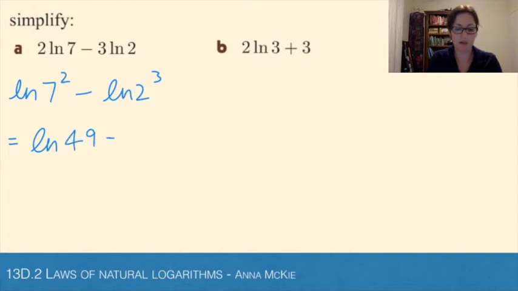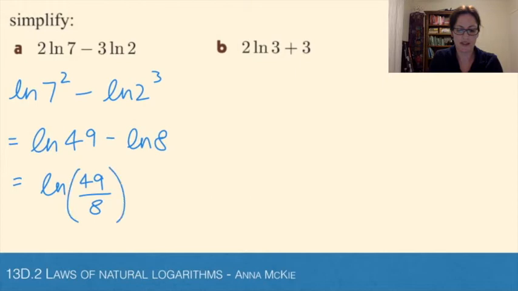Instead of 7 squared, we'll go 49, and 2 to the power of 3 is 8, and then we'll write that as one log, 49 divided by 8. And again, as I mentioned in the last video, leave that as a fraction. Don't simplify it to a decimal, because if it's not a terminating decimal, you lose some of the exactness of the answer. And occasionally you'll be asked questions where it says find in exact form,